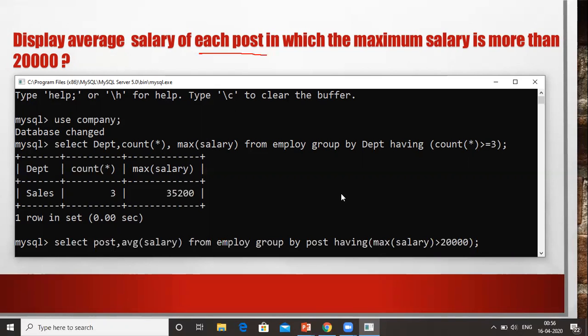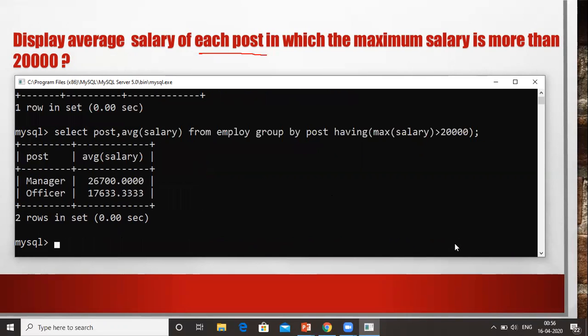The statement is: select post, avg(salary) from employee group by post having max(salary) > 20,000. So all the groups created by group by post, it will select only those groups in which the maximum salary is more than 20,000.